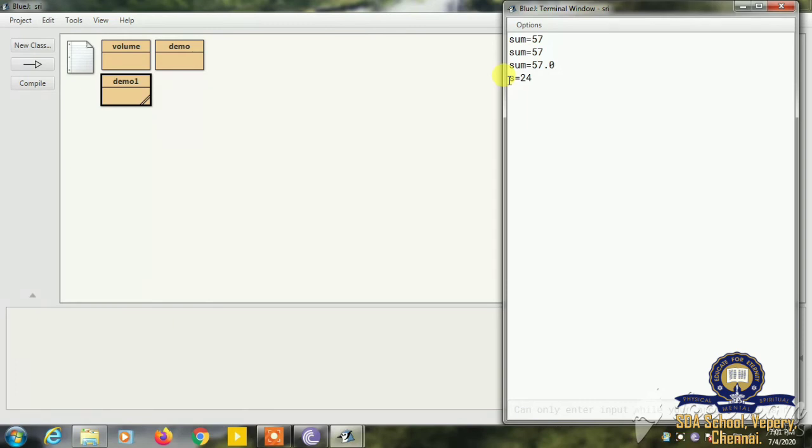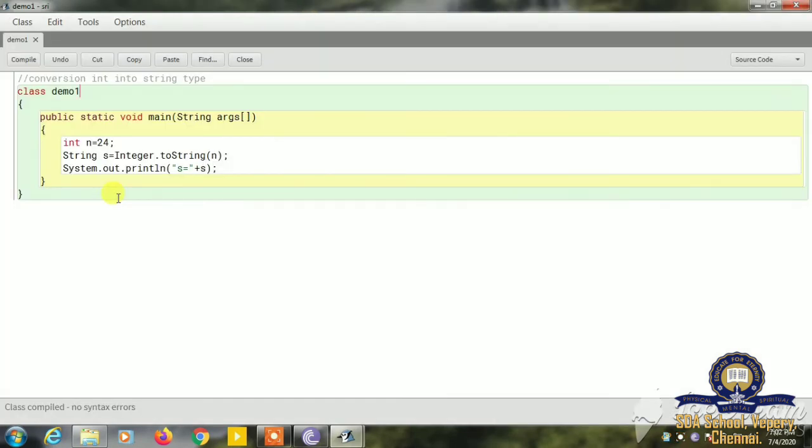Now you can't perform any mathematical operations with the variable s, because the s variable is converted into string type. Mathematical operation means any addition, subtraction, or multiplication, which you can't do with the variable s. So this is the example program of conversion of integer into string.